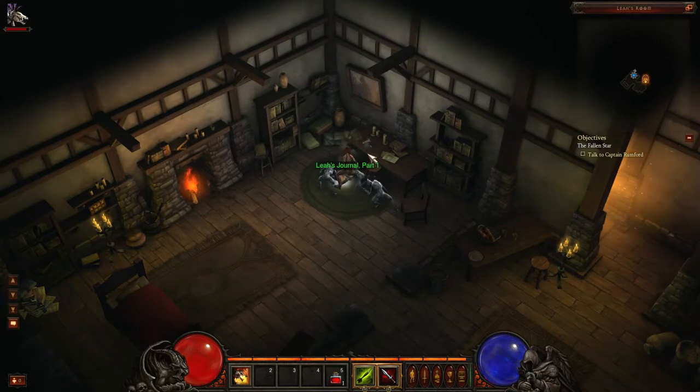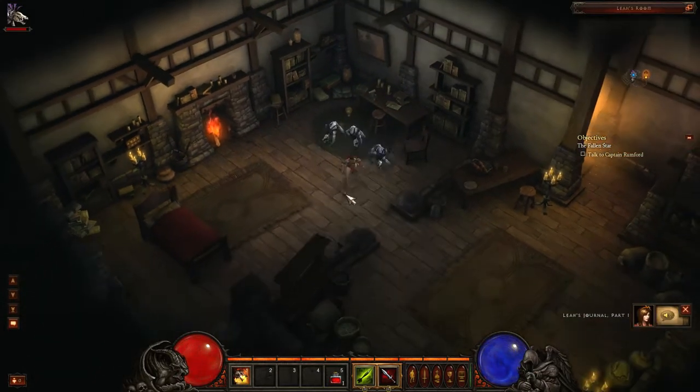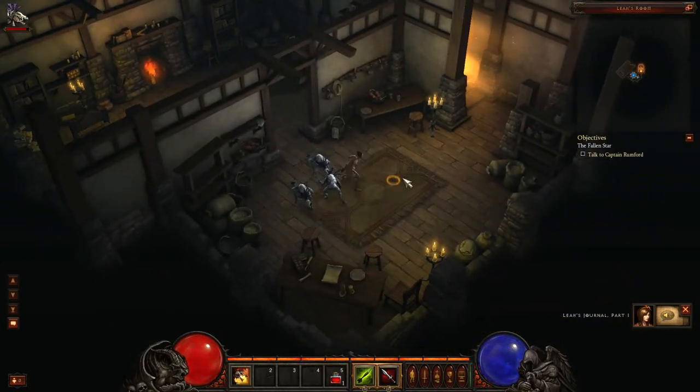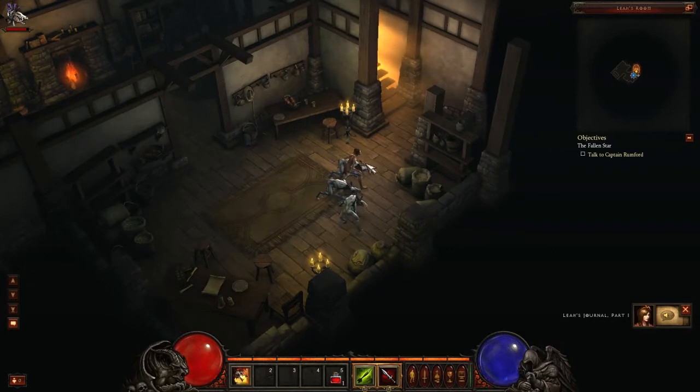Some books there. We've been under siege for 6 days now. Uncle Deckard is still missing. Captain Rumford and the others are losing hope. I tell them not to lose faith, but if help doesn't arrive soon...